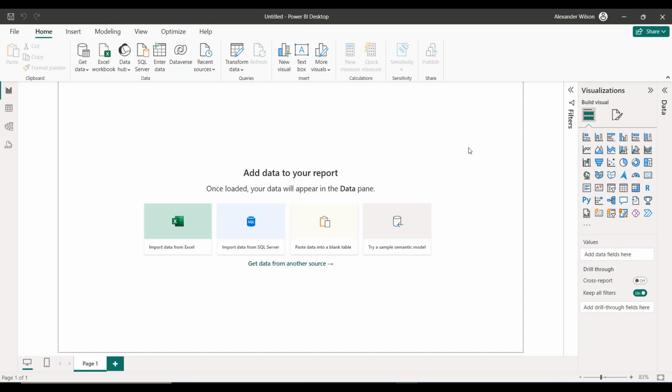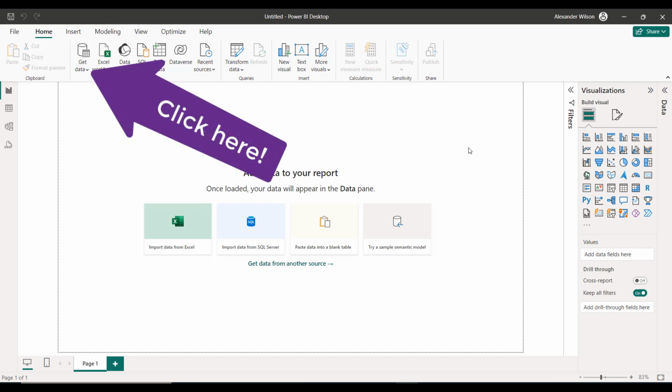Of course, we're going to need to get some data to create our reports. And to get our data, what stage of Power BI do we need to be in? Okay, Power Query is where we need to be, and that's enough with the questions. To get into Power Query, we need to go to the ribbon in the report view, and then to this button here, which tees Power BI up to connect to some data.